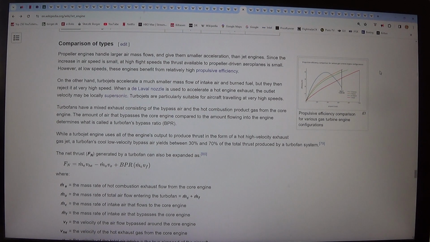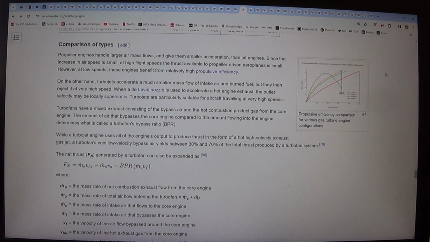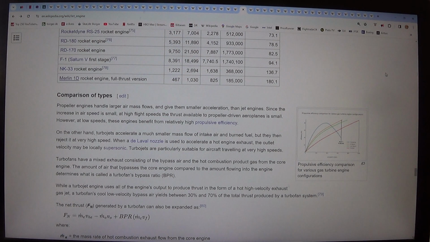F1 Saturn V first stage, 8,391 18,499 7,740.5 1,740,194.1. NK-33 rocket engine 1222 2694 1638 368,136.7. Merlin 1D rocket engine full thrust version 467 1000 and 3825